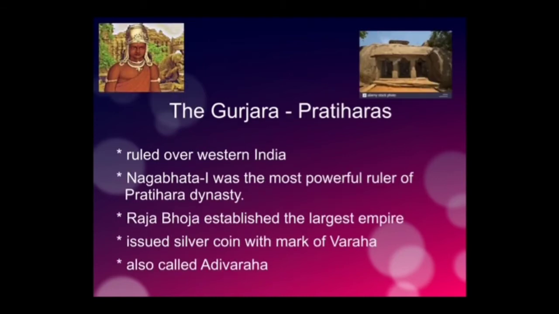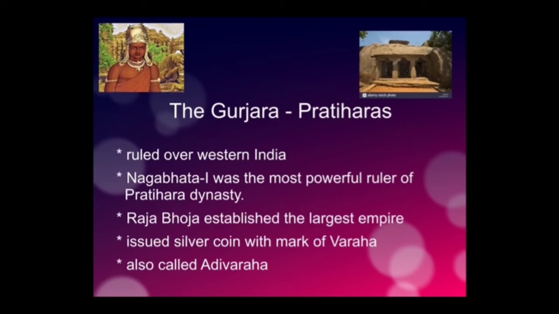The Gurjara Pratiharas. They ruled over western India, parts of western and central Rajasthan, and some parts of central India. The most famous and powerful ruler of the Pratihara dynasty was Nagabhatta I. He expanded his empire, and the other rulers who were very famous were Vatsaraja and Bhoja. Raja Bhoja also established the largest empire in northern India. Kannauj was the capital of his empire,